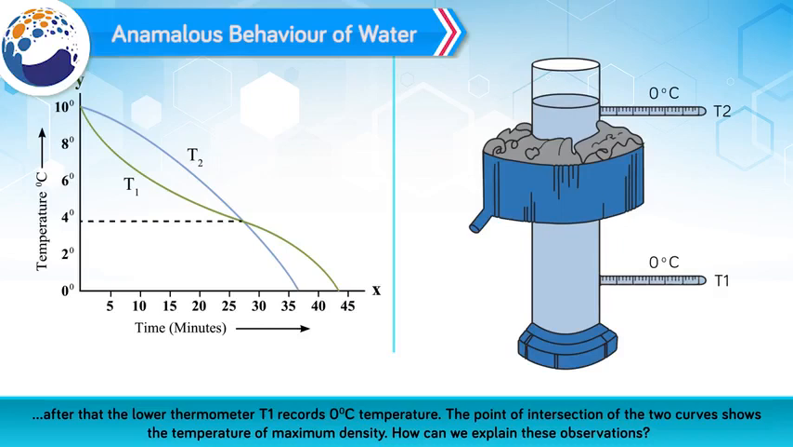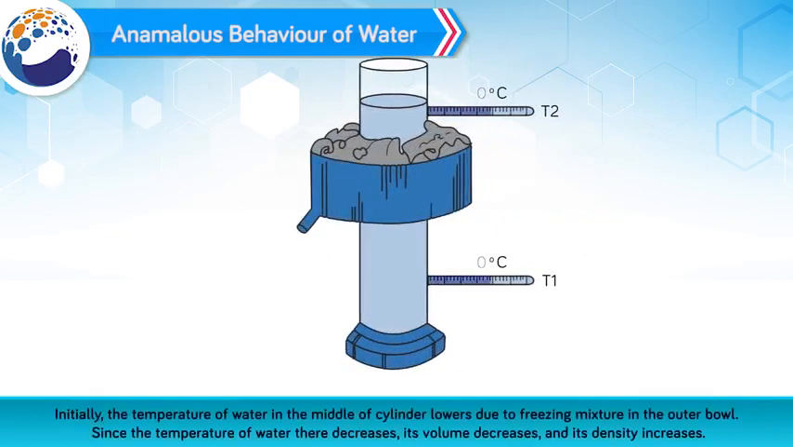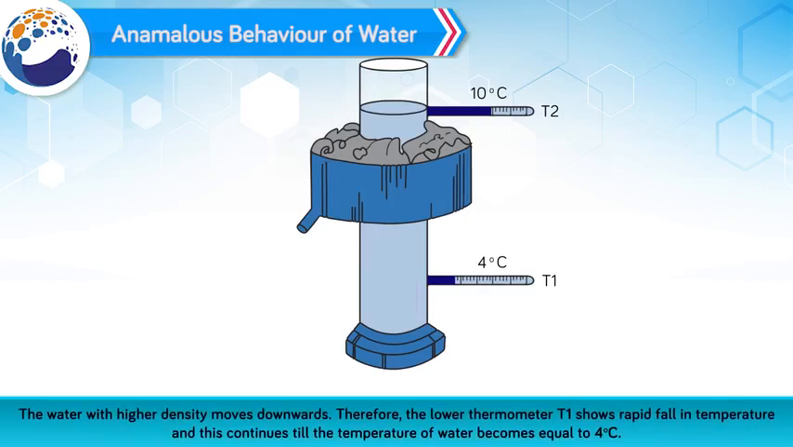How can we explain these observations? Initially, the temperature of the water in the middle of the cylinder lowers due to the freezing mixture in the outer bowl. Since the temperature of the water there decreases, its volume decreases and its density increases. The water with higher density moves downwards. Therefore, the lower thermometer T1 shows rapid fall in temperature, and this continues till the temperature of water becomes equal